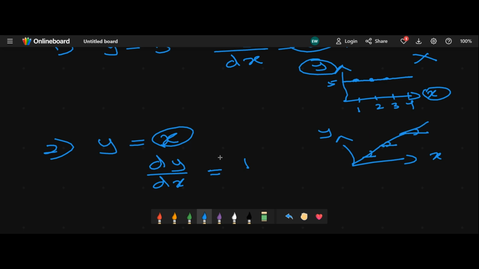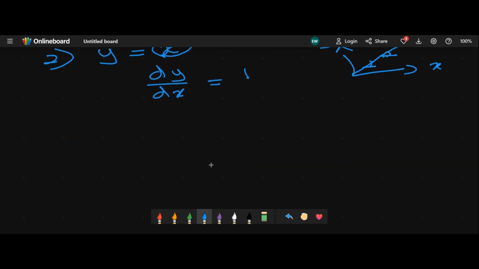As I said, differentiation is basically to find the rate of change at a particular point, and that is what we call the gradient. So dy over dx is basically the gradient. So if you differentiate x, it is equal to 1. The second point is finished. Third point,